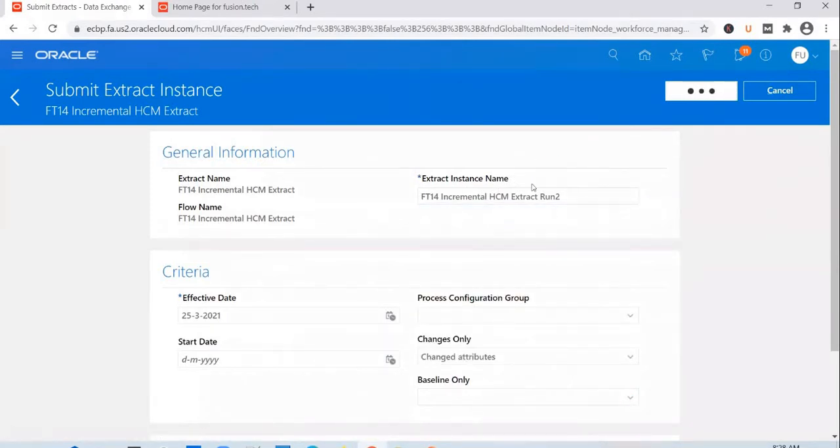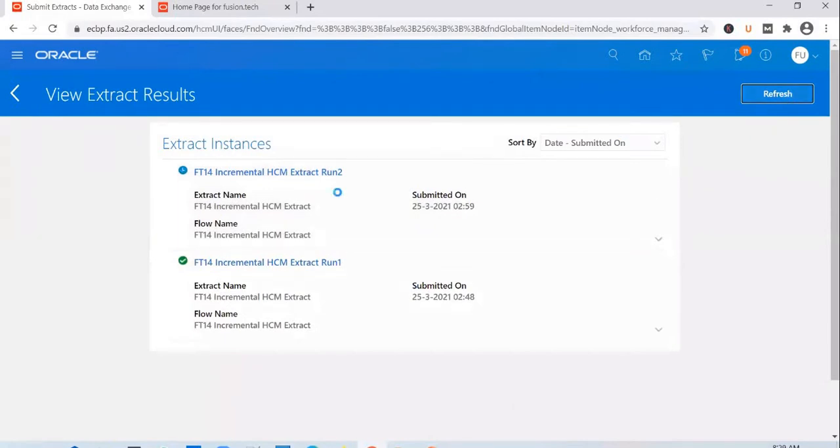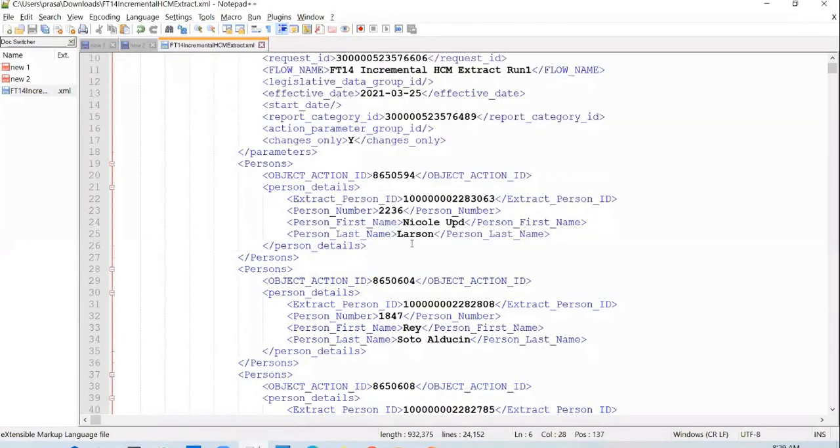And the expectation is to see a blank output now with just the report definition and the parameters, because no employee has been updated after the previous run. Since we have built this as an incremental extract, and no person is updated, the output of run 2 will be blank. After run 2 completes, we will verify the output, then pick one of the employees, update their first or last name, and run the extract one final time.